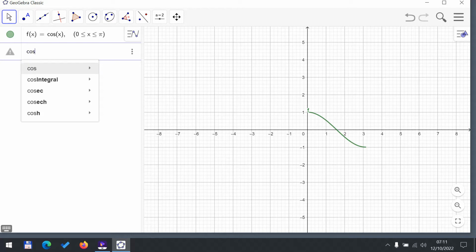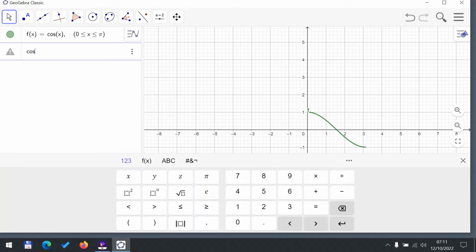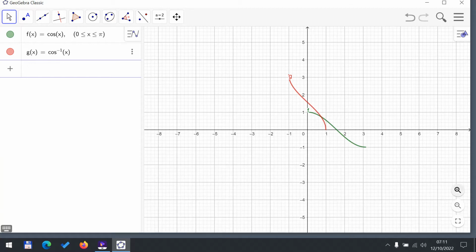So if I say cosine and let's go to this keyboard, here I go for inverse, and you see the inverse. Now if you zoom a little bit,